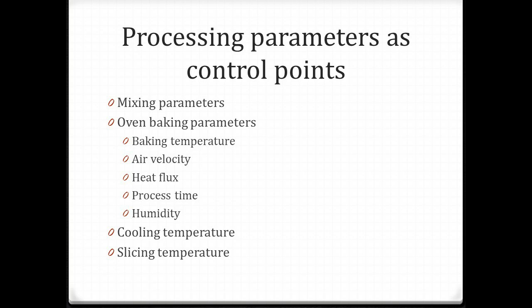If you cool down the cake too fast, you will find softness in the center of the cake. After that, the last section before shipping is slicing, and the slicing temperature is very important, because after the oven we are putting the cakes in a spiral freezer, and in a spiral freezer the temperature will be minus 10 Fahrenheit, minus 15 Fahrenheit, sometimes even minus 25 Fahrenheit. So over there, when you have to slice the cake,